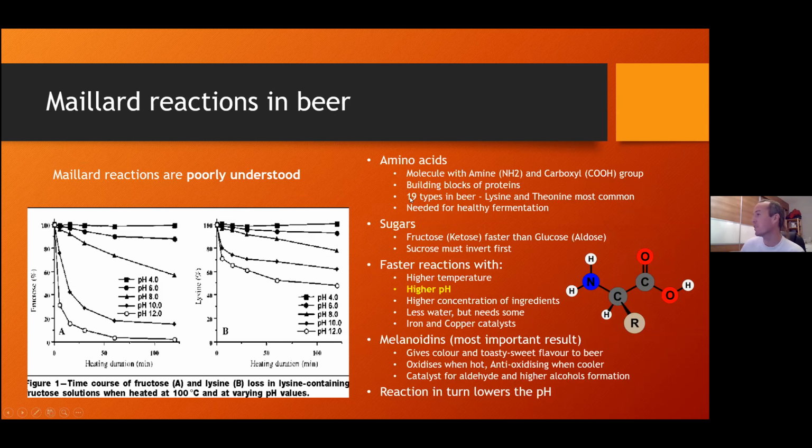Of amino acids, you get 19 types in beer. I think overall in nature you get something like 500 types. I think there are 22 different types found in humans. They make up the building blocks of proteins. What are they? Well, let's talk a bit about biochemistry. You've got a functional group, which is this R here. You've got a carboxyl group and a nitrogen group, and it's this nitrogen which makes it unique.